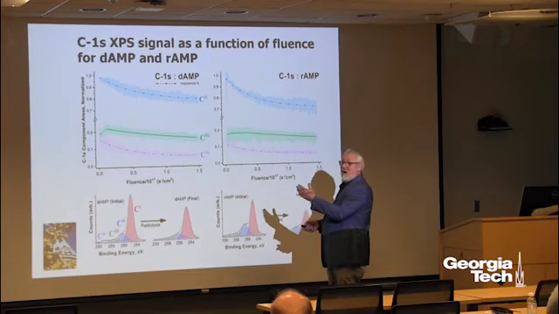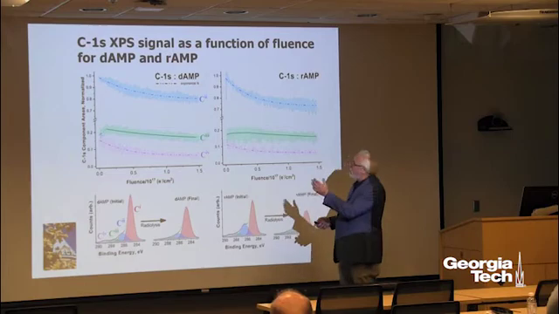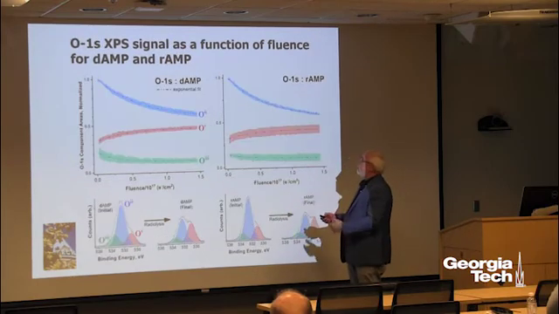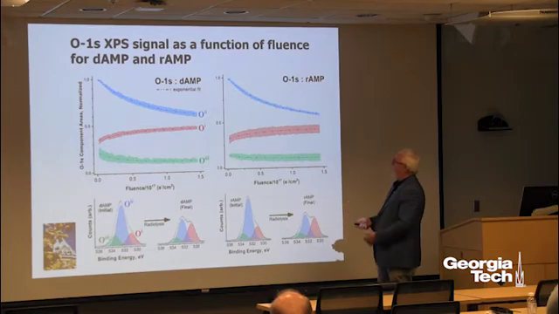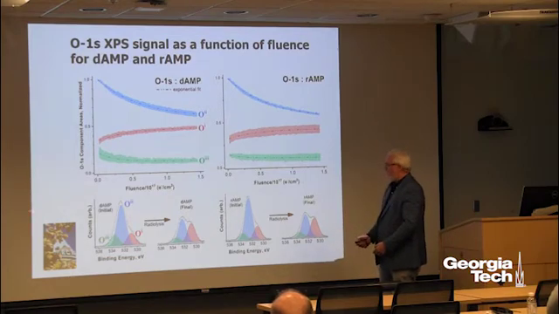But anyway, you look at the time dependence or the fluence dependence, and you fit these decay curves. And you saw them for oxygen. You see something grow at a rate and something decline at a rate, and you can get a rate of damage and a cross-section for damage. And we've done that, and you can see, there's a difference. Here's the initial, and here's the final. And so you look at the areas underneath these curves or these components, and you can extract out damage probabilities